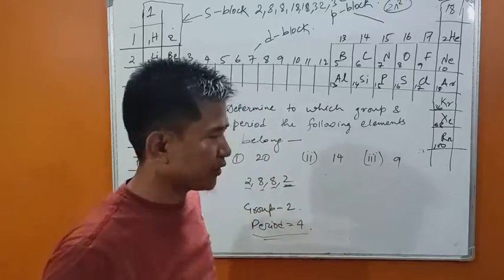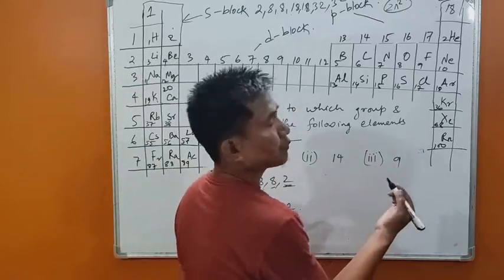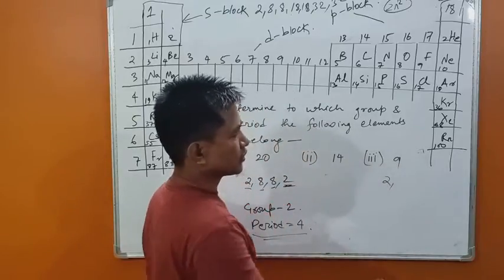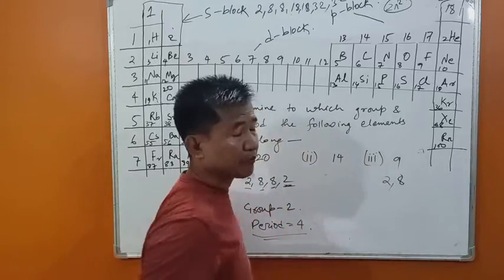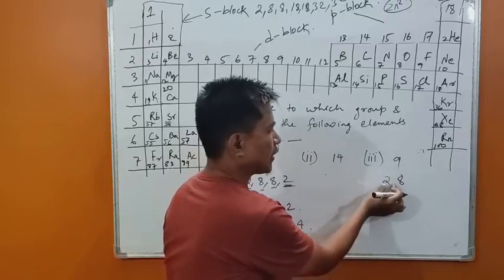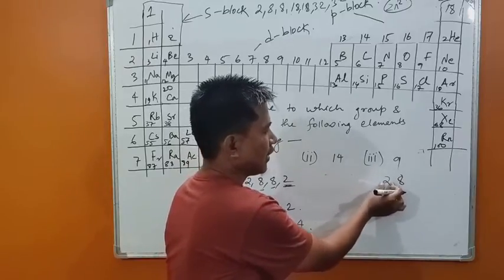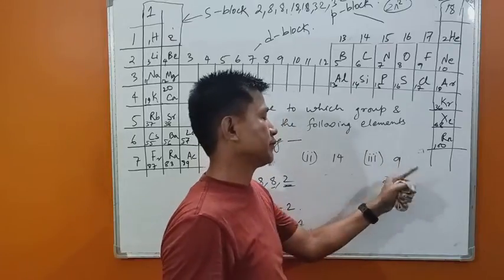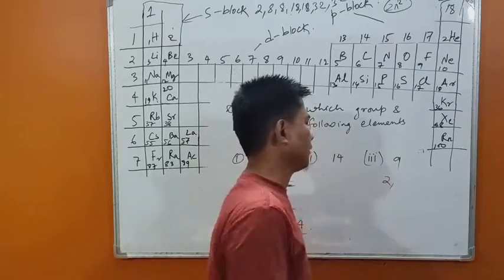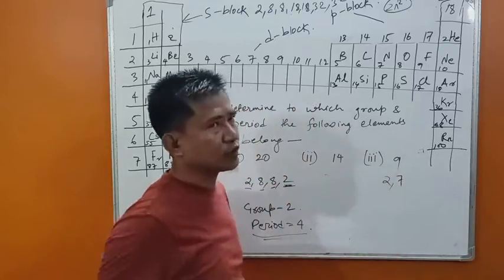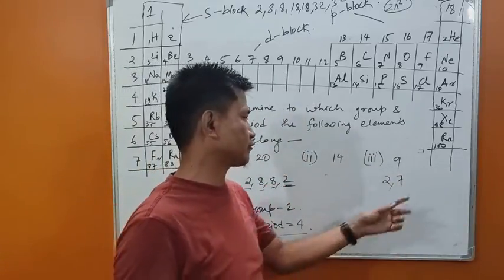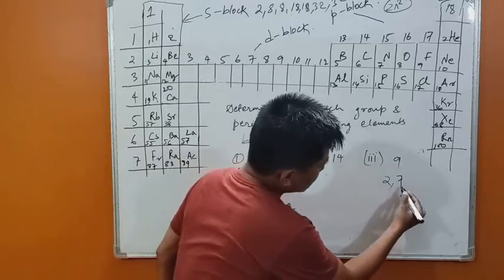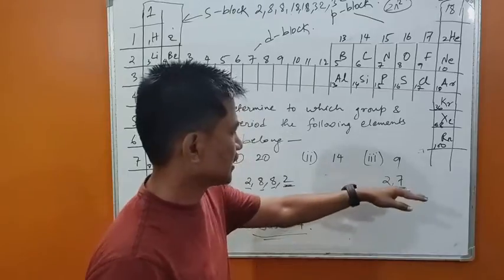Element having atomic number 9 belongs to which group and to which period? The electronic configuration is 2, 8. The maximum number of electrons that can be accommodated in the first orbit is 2, and in the second orbit is 8. But we have only 9 electrons, so 2, 8 would become 10. So we must write 2, 7, isn't it? The second orbit can hold 8 electrons, but we have only 7 electrons left. 2 plus 7 is 9. So the outermost orbit contains 7 electrons, which means